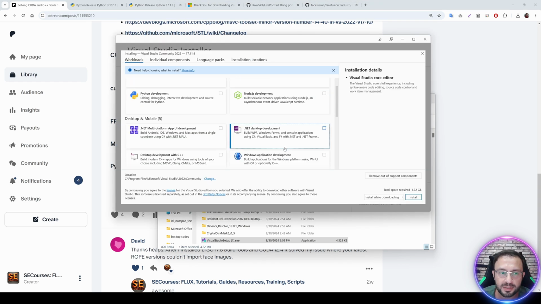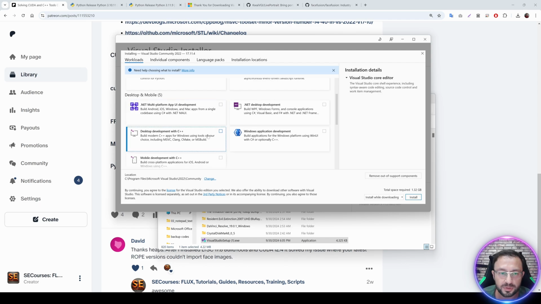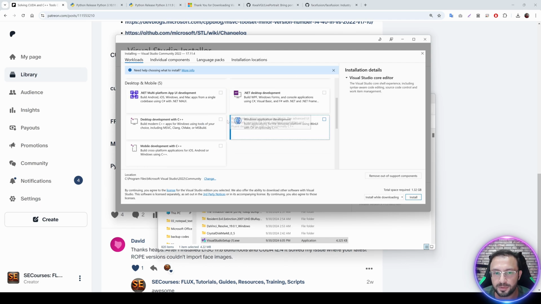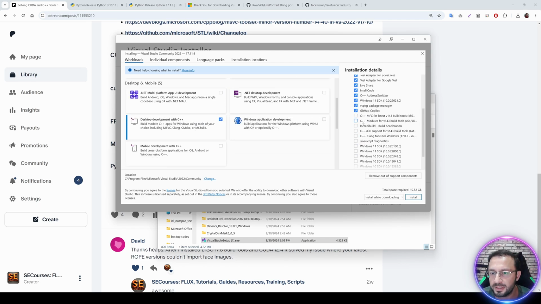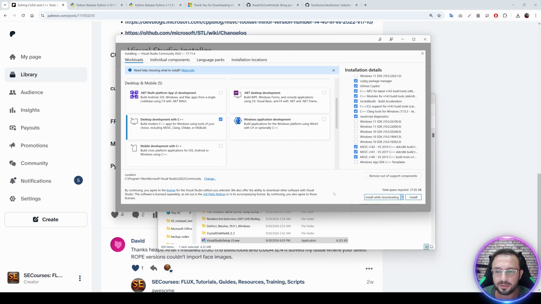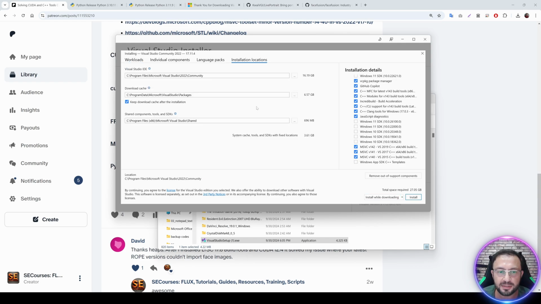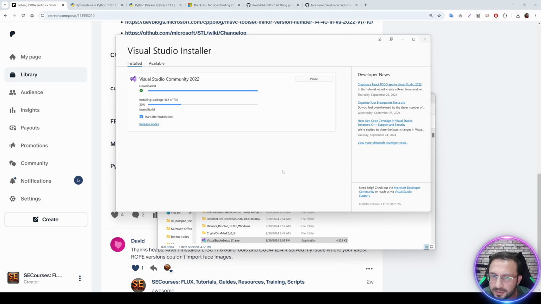So what you need to install for Python and open source AI applications is desktop development with C++. From here, select everything, but what you don't need to select is only the Windows SDK. So don't select them. Select everything from here like this. Select install while downloading. So it will download into the C drive. If you have another disk that you have space, you can change the location of install, but I am leaving it as it is, as default. Okay, install while downloading. It is still installing.